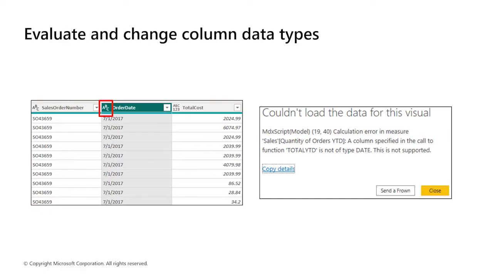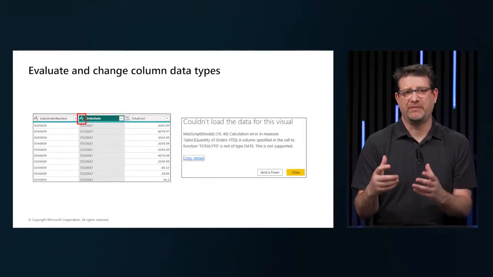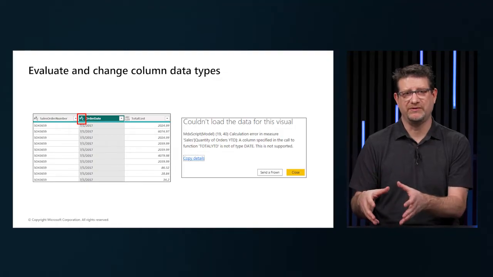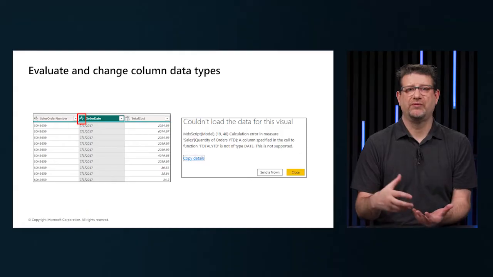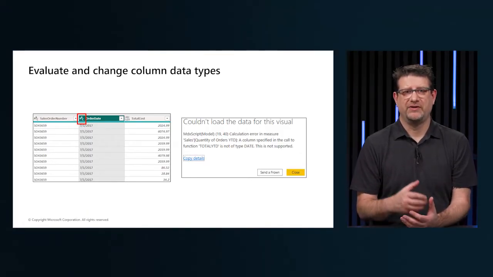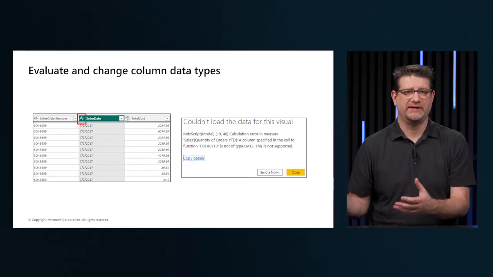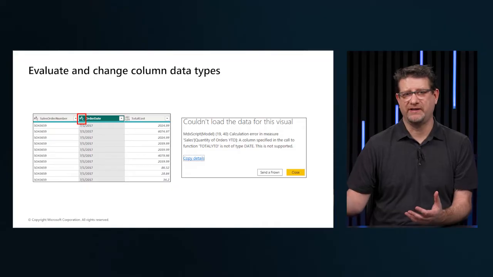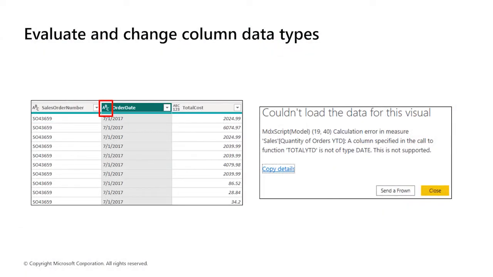So when we change the column type, we go into the data type header. We can change it in two places: in the Power Query Editor and the Power BI Desktop Report view by using the column tools. It's best to change the data type in the Power Query Editor before we load the data. And as with any other changes that you might make in Power Query Editor, the changes that we make to the column data type are recorded and saved, so we can edit or audit that in the future. This step is called the change type, and it'll be iterated every time that data is refreshed.